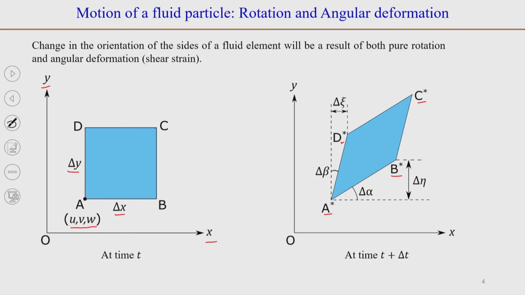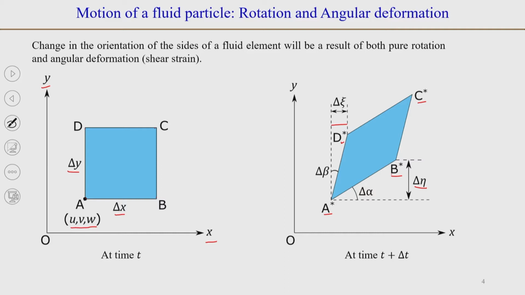As we can see, the distance that point B has travelled with respect to point A in the y direction is delta eta. Similarly, the distance that point D has travelled in the x direction with respect to point A is